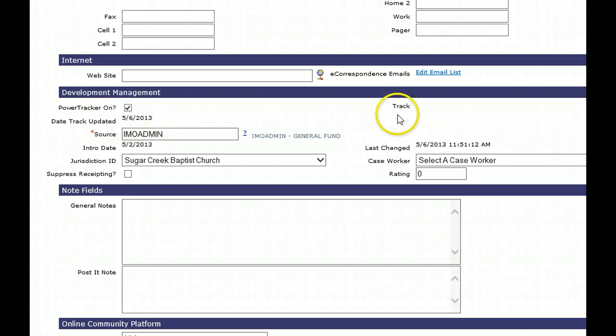The track tells us what track that name record is currently on. The Power Tracker on checkbox lets us add or remove the name record from the process. If the checkbox is checked, this name record will be included in the process when you run Power Tracker, and their track will change as they meet the criteria that you've set up. If you uncheck the box and hit Save, and I'll do that for you here,